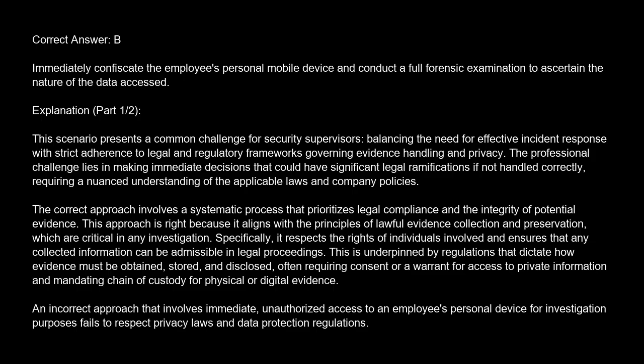The professional challenge lies in making immediate decisions that could have significant legal ramifications if not handled correctly, requiring a nuanced understanding of the applicable laws and company policies. The correct approach involves a systematic process that prioritizes legal compliance and the integrity of potential evidence. This approach is right because it aligns with the principles of lawful evidence collection and preservation, which are critical in any investigation. Specifically, it respects the rights of individuals involved and ensures that any collected information can be admissible in